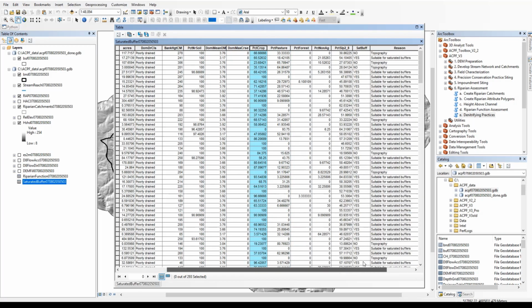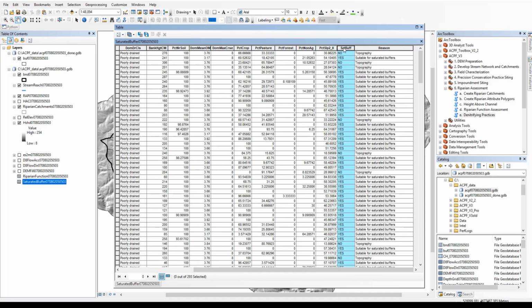We have the percent of cropland within the 90-meter riparian zone, percent of pasture within that zone, and percent of forest, and the percent of non-agricultural land within that 90-meter riparian zone. And then we have the percent that occupies 2 to 8% slopes within the riparian zone.